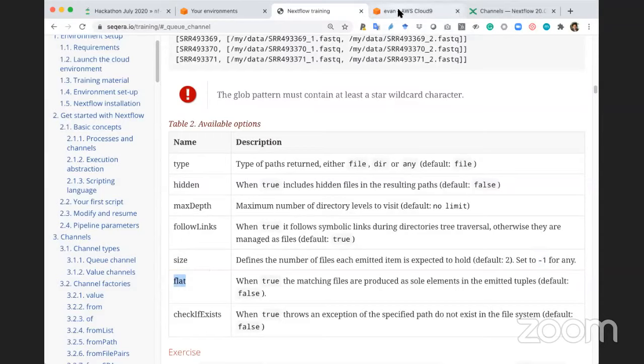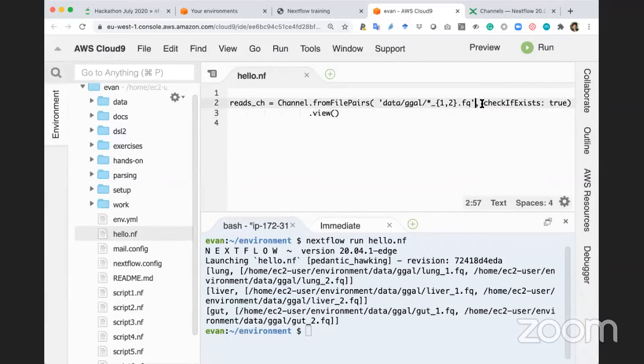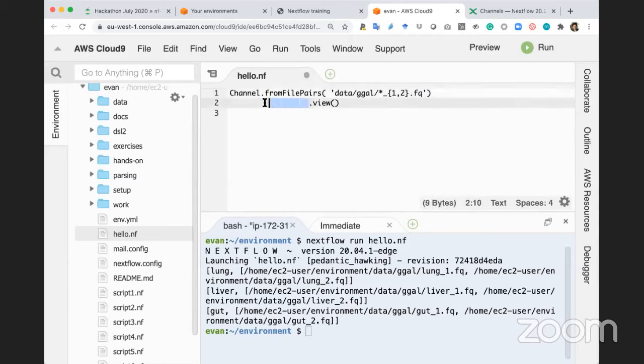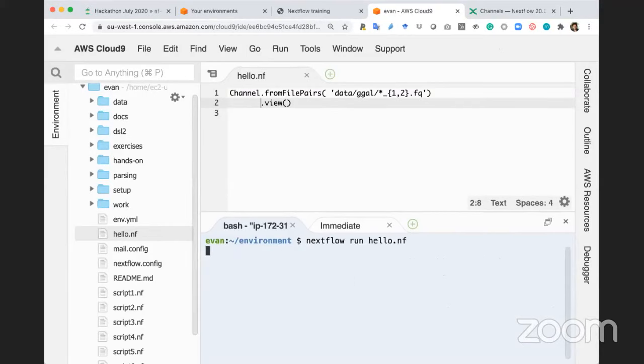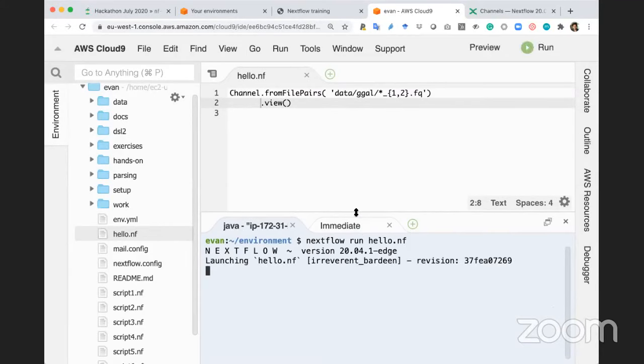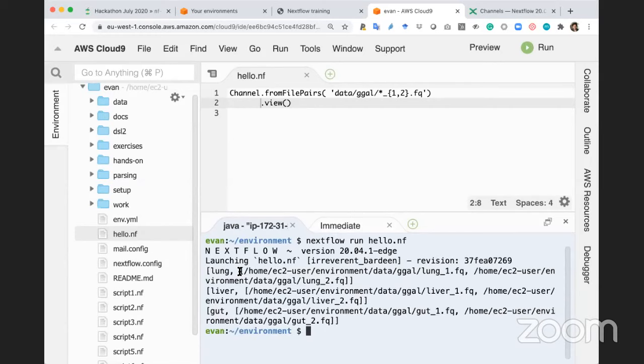Another option I think that we just noted quickly is that it depends on the structure of the channel. So look at flat, for example. I'm going to remove checkIfExists just to make this simple and just so we can see all this together. If I was to use this and just look at the default version here, so just running this straight, notice where the square brackets are. So this is producing, as we said, a tuple with a sample ID, and then the second element of that tuple is a list. If I was to say flat is true,